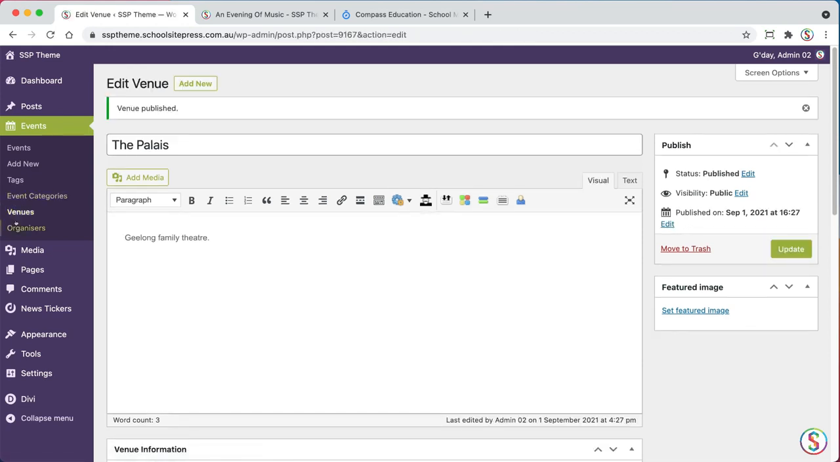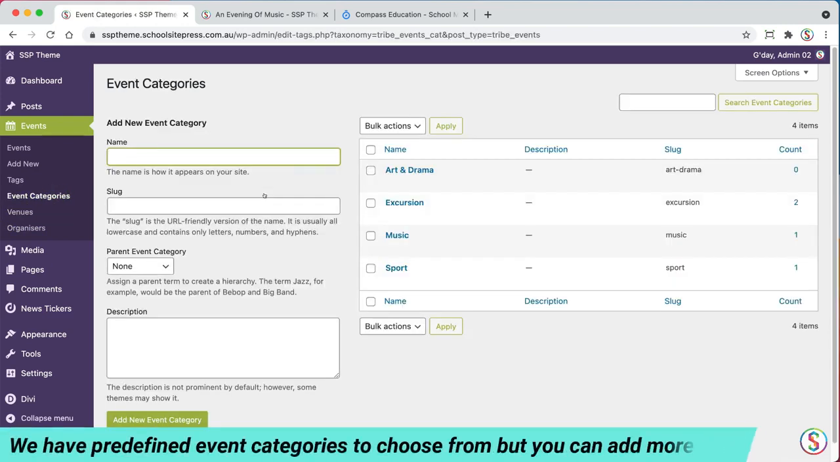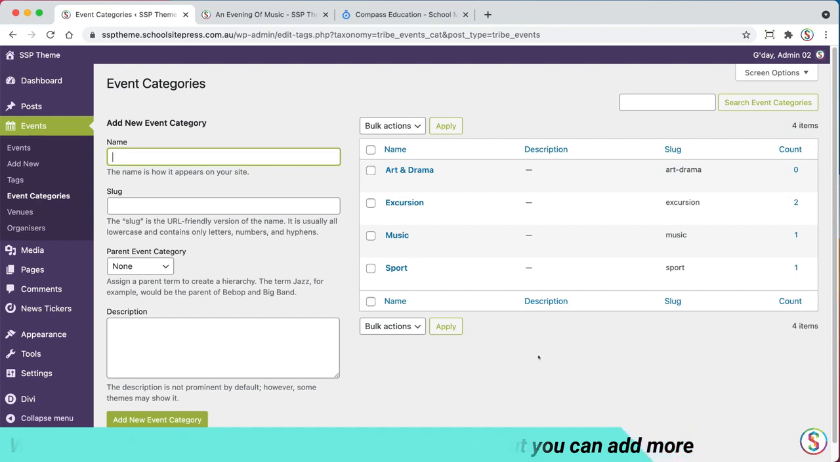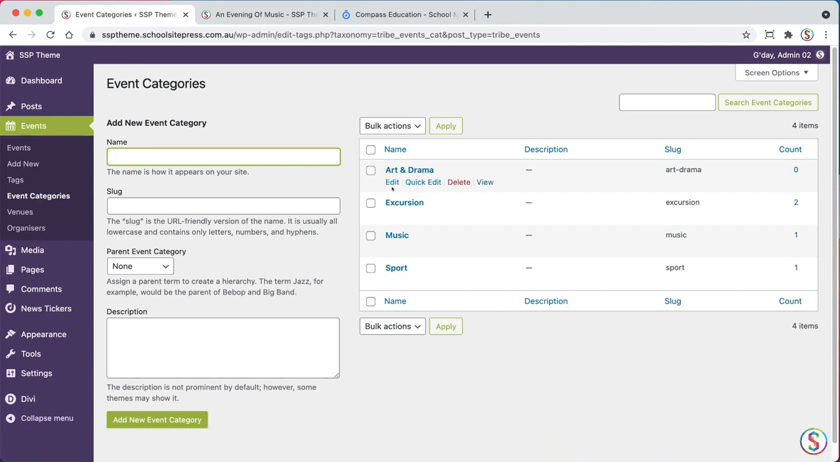Once that's finished publishing, you might also want to add other categories. Now, if we look at our event categories that we've got at the minute, we have art and drama, excursions, music and sport. You could add another category if you wanted to, or you could edit an existing category. And if I edit art and drama,